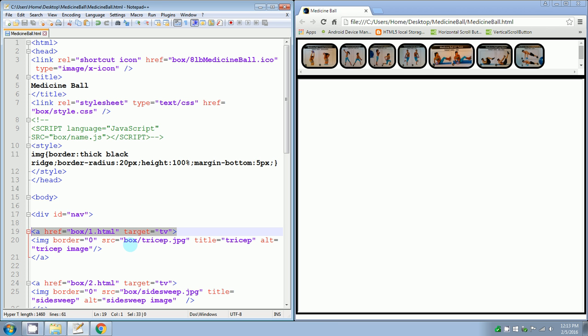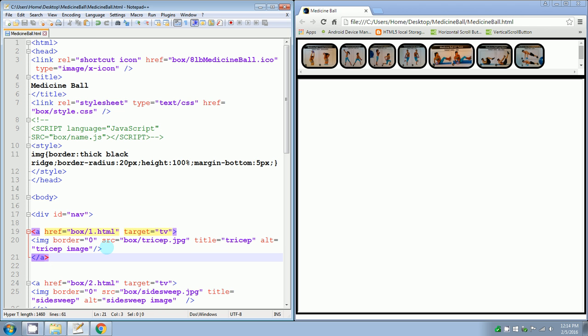Then we're going to open that 1.html in something that's called TV, because when I get to the bottom of this code, down here in this bottom square is an iframe, and it has an ID of TV and a name of TV. The name TV means when we have target TV here, 1.html is going to open up in that target, this iframe with the name of TV. And here is the ending link tag,